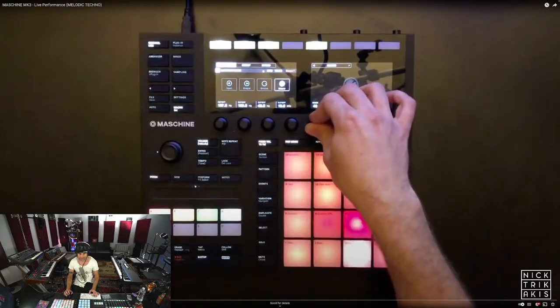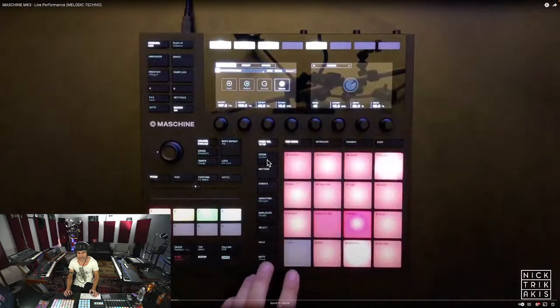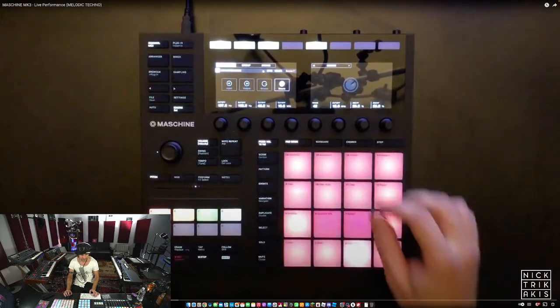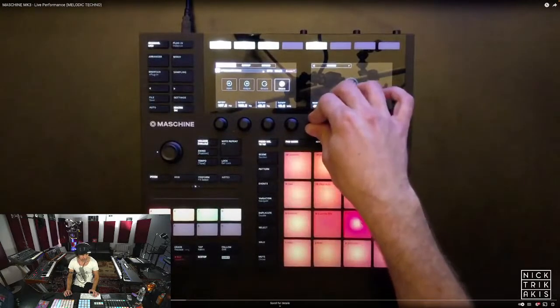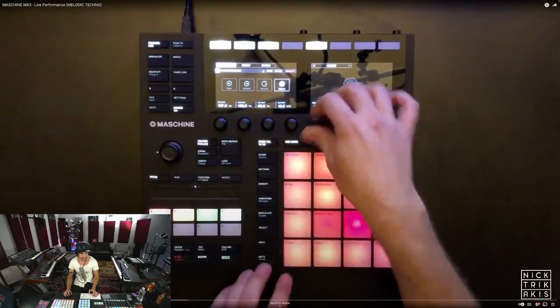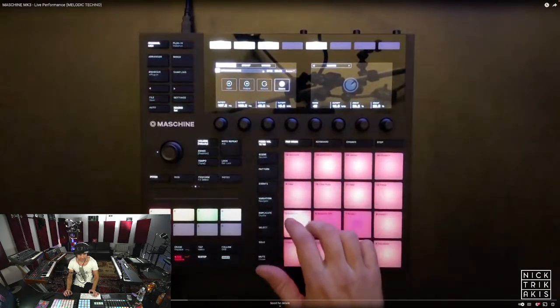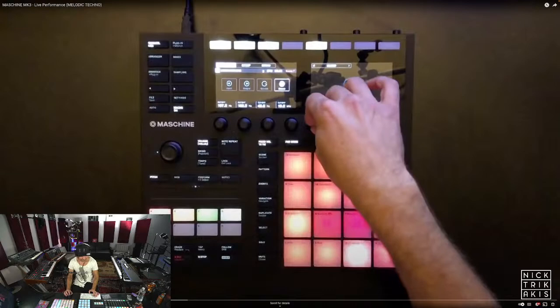You can see my little hand dancing down here. I mute the kick drum. Ooh, that was a great move right there, right? All right, so. Right there, right. So what did I do there? Okay. So this pad right here, actually,